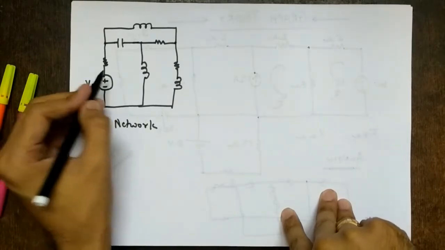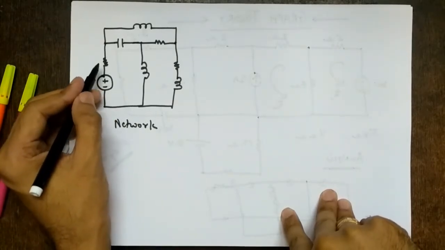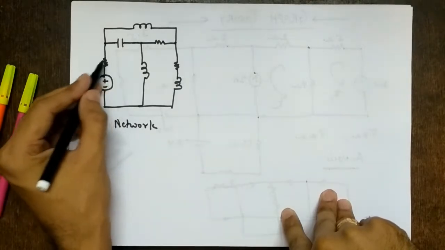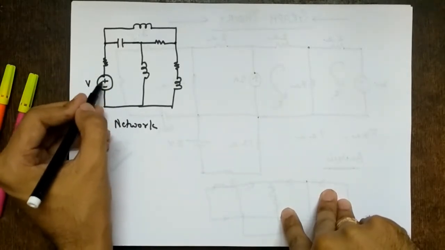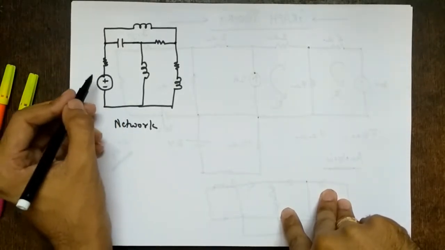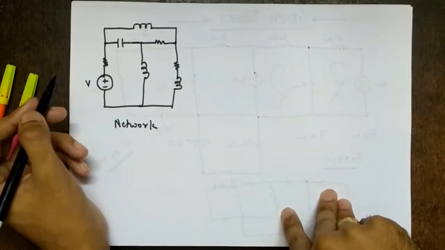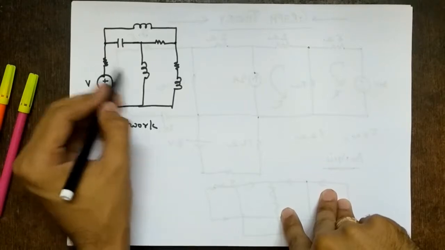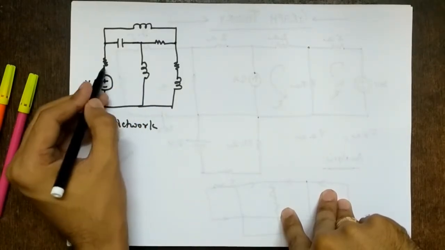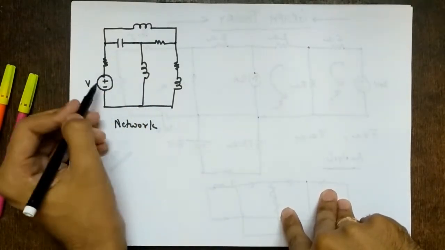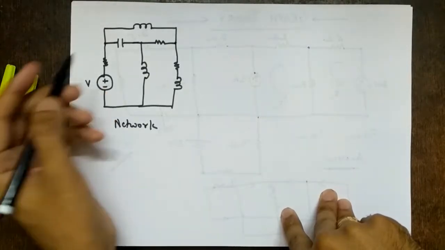And if any internal resistance is associated with sources, we replace the sources by their internal resistance. So we keep this internal resistance, but if we have a current source, we open circuit it. Okay, and since the current source is open circuited, there is no question of internal resistance, right? But a current source has an internal resistance in parallel, so that will not be there. So the same thing we have to do.